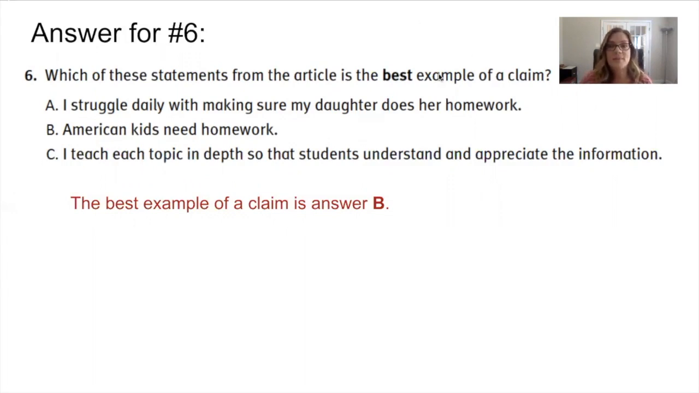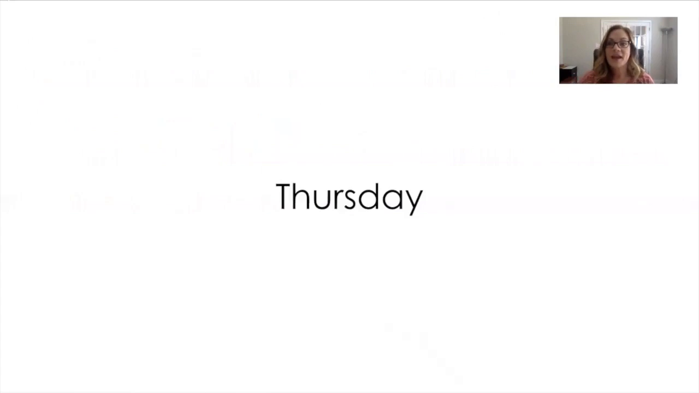So the best example of a claim: I struggle daily with making sure my daughter does her homework. American kids need homework. I teach each topic in depth so that students understand and appreciate the information. Well, obviously, I feel like our best example of a claim would be B, from our article. That would be the author's overall claim that American kids need homework, much to their chagrin. I know my kids don't like homework that much, and I'm sure a lot of you don't either. So now, going into Thursday, we're actually going to be revisiting that answer